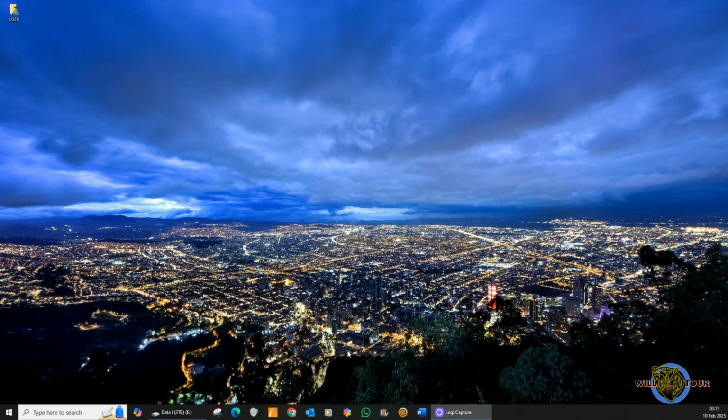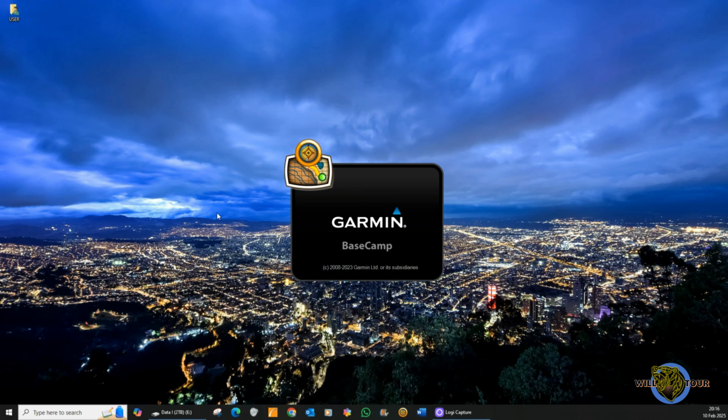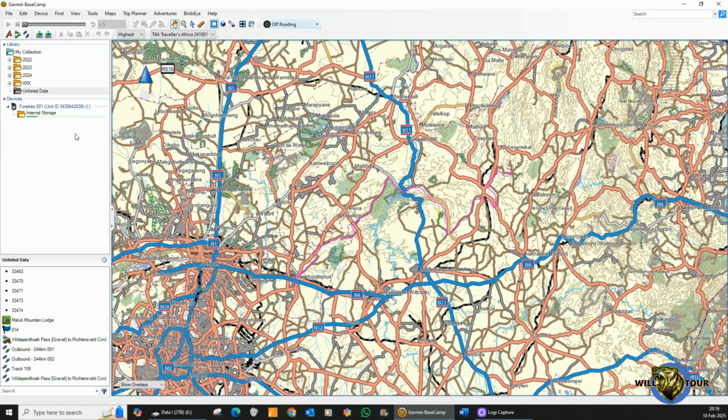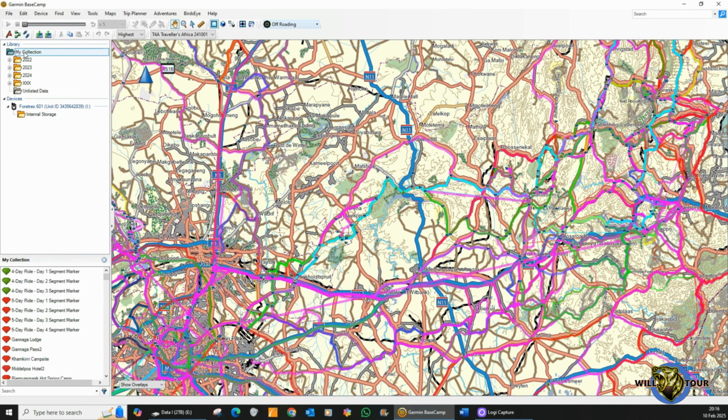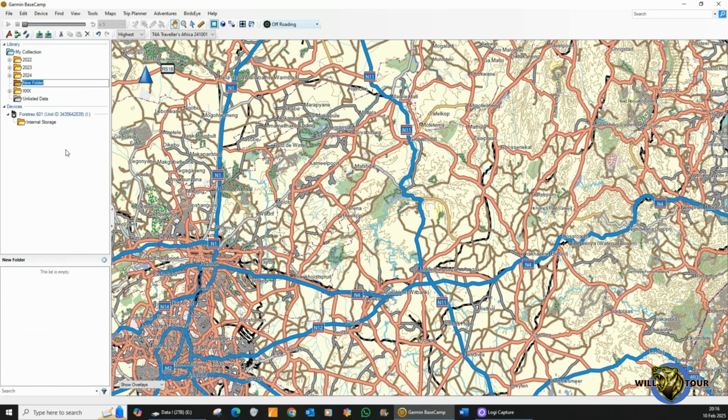The next step is to import the GPX file from your desktop into Garmin BaseCamp. So open Garmin BaseCamp, and you want to create a folder in the My Collection segment of your library. You can create it anywhere you want and you can name it what you want. I'm going to go into unlisted data and create a new list folder, which I'm going to call demo,